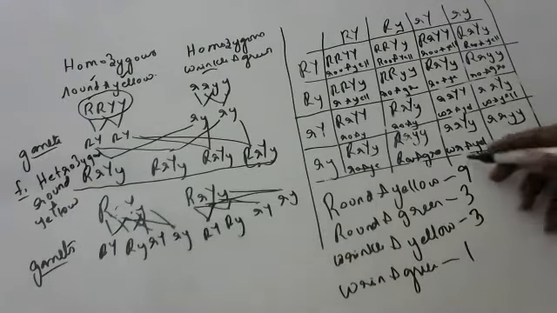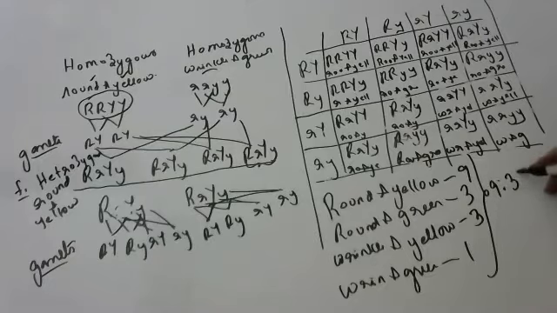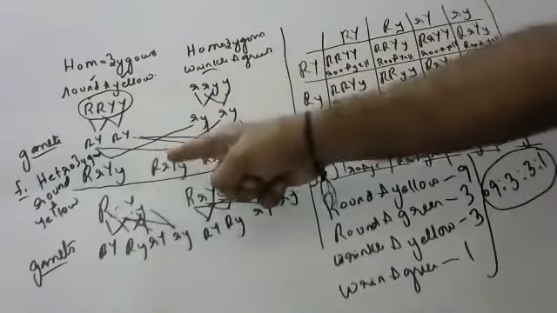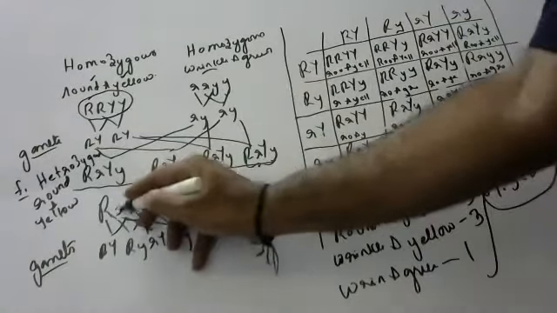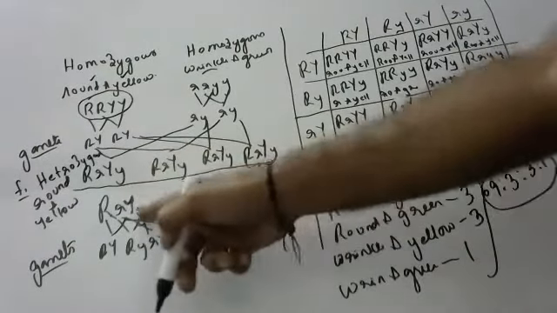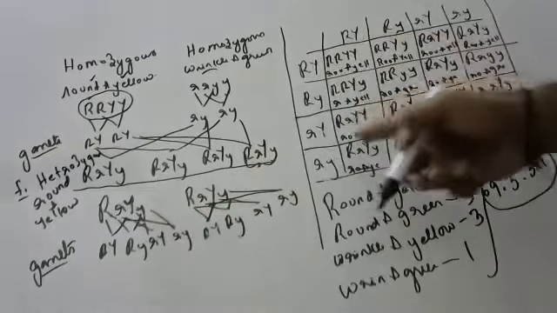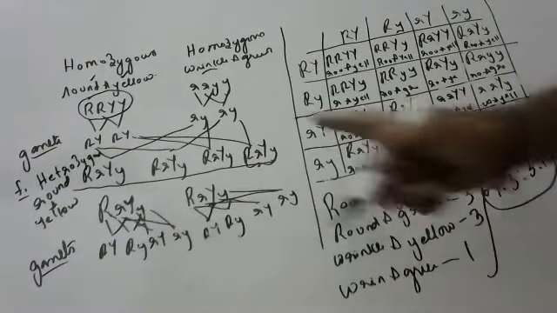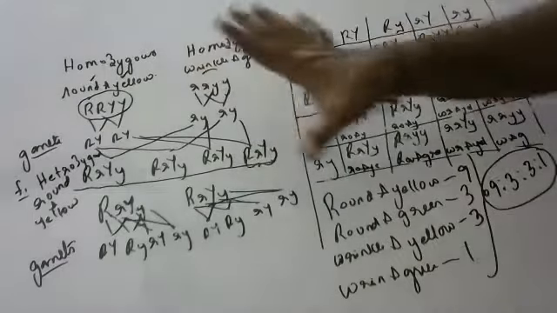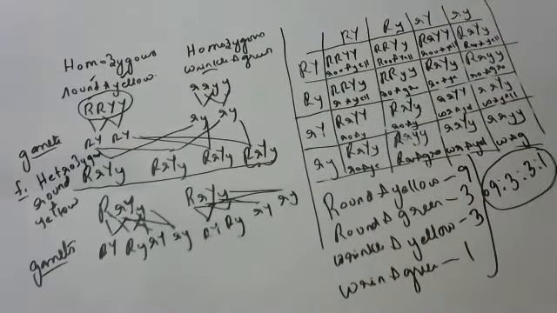So what is the phenotypic ratio in a dihybrid cross? 9:3:3:1 is the phenotypic ratio. Genotypic ratio we won't try for dihybrid cross, children. Physical appearance ratio is this. So children, these are parent plants, take gametes, go crossing. In the first generation, you got all round and yellow only. Take again gametes here, take again gametes here, go for the crossing, check their characters, write their ratio. This is your dihybrid cross. As I told, a chart like this won't be there in your textbook. You have to learn from the theory what they give, which you will never understand.